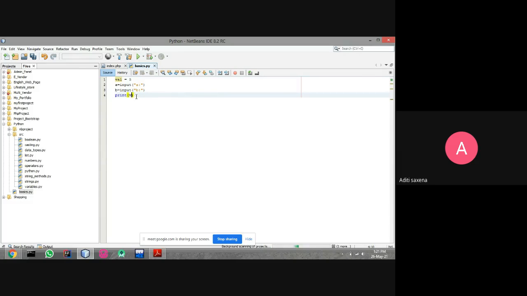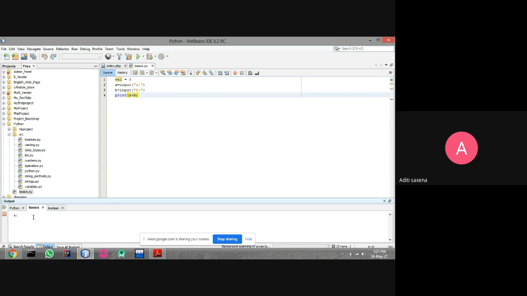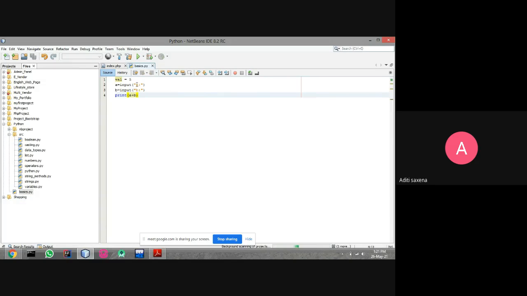Okay, then we are printing a plus b. Shift plus 6. For a's value we enter 4, then we enter the b value as 3. Now the output is showing 4 3. It is not showing the sum of 4 plus 3, that is 7, because when we insert the data